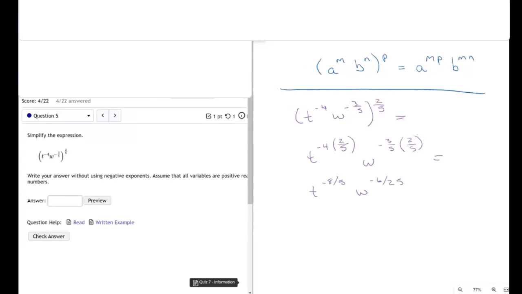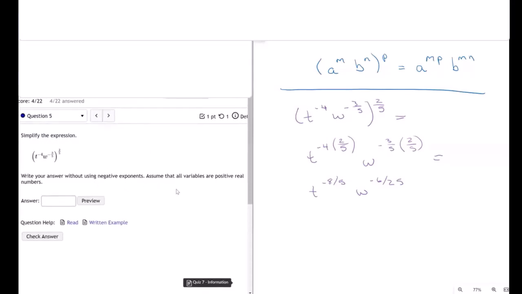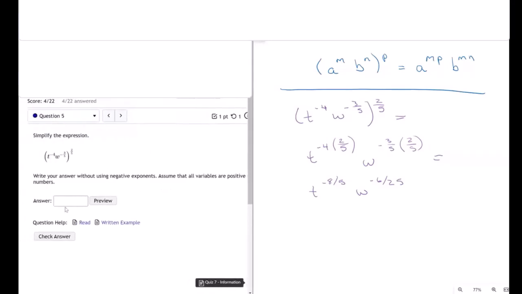Now it says, write your number without using negative exponents, okay? Assume that all variables are positive real numbers. This is the same as 1 over t to the +8/5. It doesn't change just because they're fractions. We just put 1 over that,